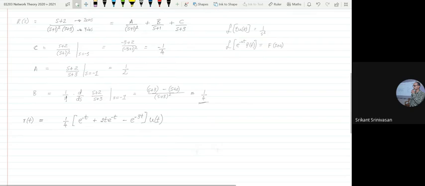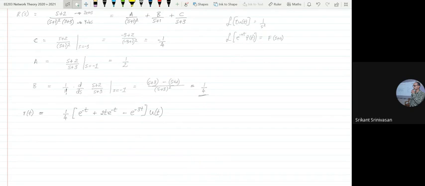Now let's say that I have found the response of the circuit. I want to know the response at different times, say the boundary conditions. What are the boundary conditions in this circuit in terms of time? t equals 0 and t equals infinity. Can you tell me what the values of the response are when t is equal to 0 and t equal to infinity?